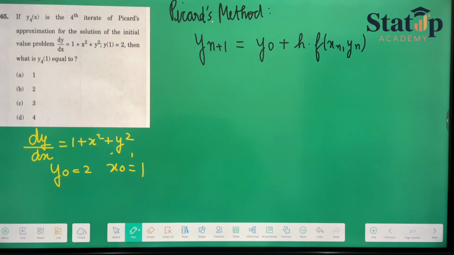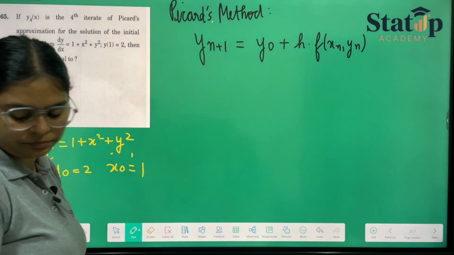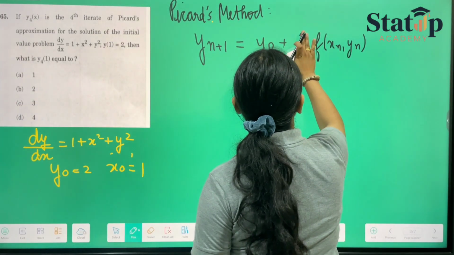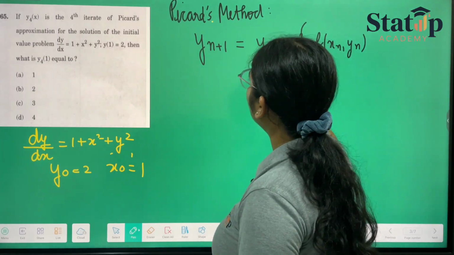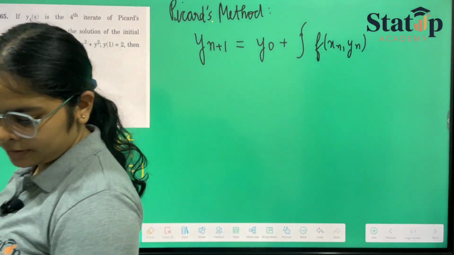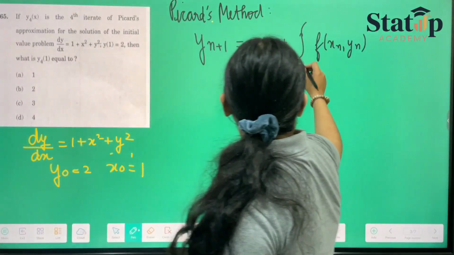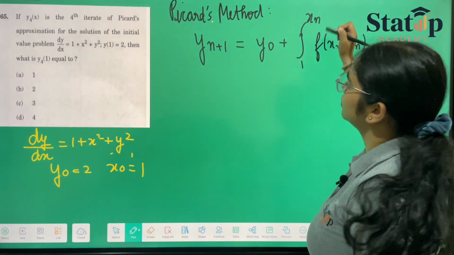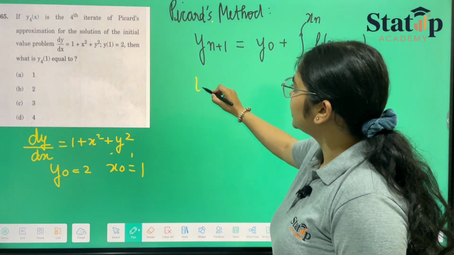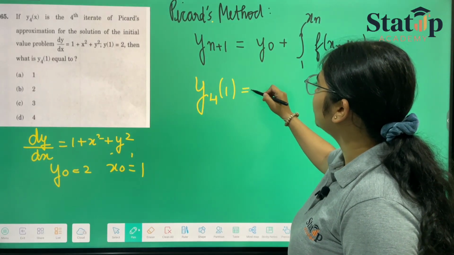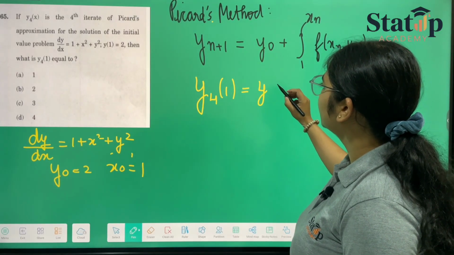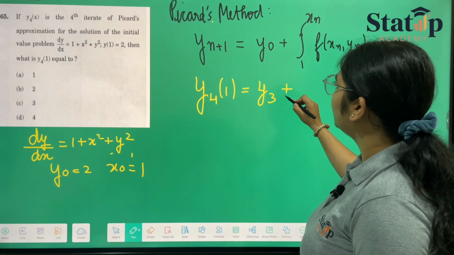Now if we have to calculate the fourth iterate of Picard's method, then it will have the formula of integration from 1 to xn. So for the fourth iteration, y4 will be equal to y3 plus